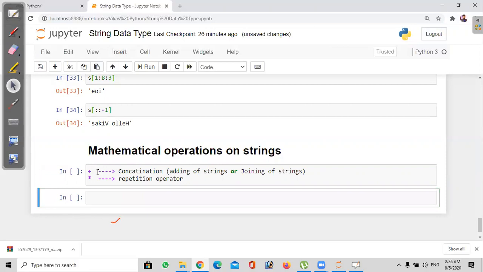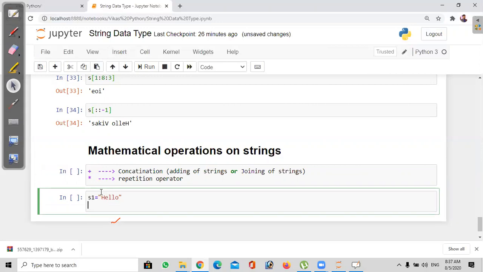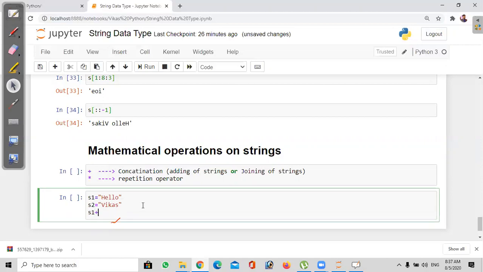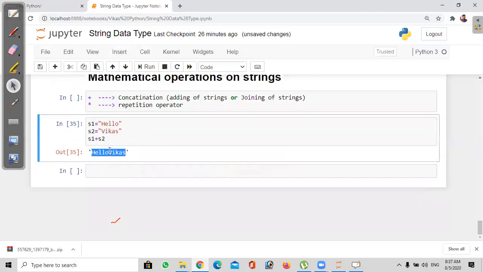Let me give an example. For example, s1 equal to the string hello, and s2 equal to another string. If I apply s1 plus s2 and run it, it becomes a single string. We just concatenated, meaning we joined the two strings side by side.